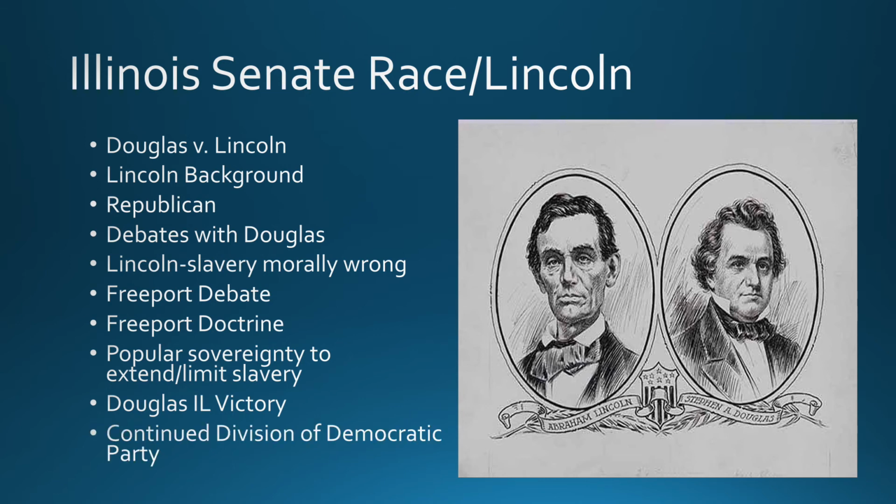The Democrats will also become more divided here. Again, this has a lot to do with those that were opposed to popular sovereignty, and felt that the party was becoming a slavery party. And also Southern Democrats who felt that Stephen Douglas wasn't doing enough to back slavery with popular sovereignty. It was too middle, basically. They wanted somebody who was much more an advocate for slavery than anything else.